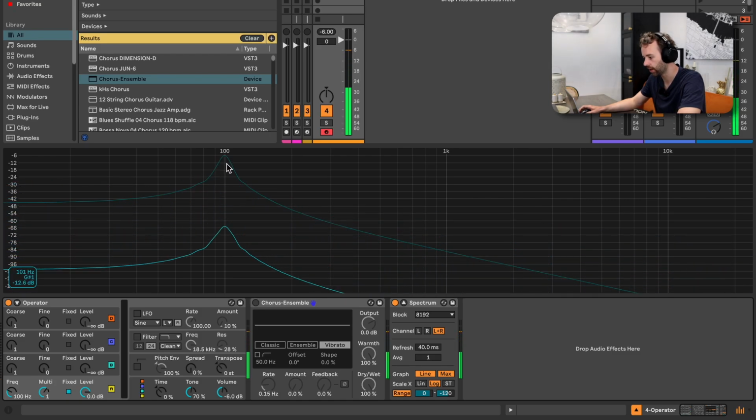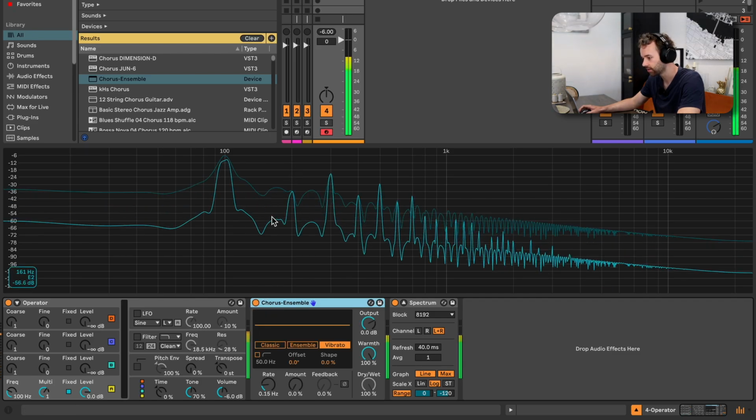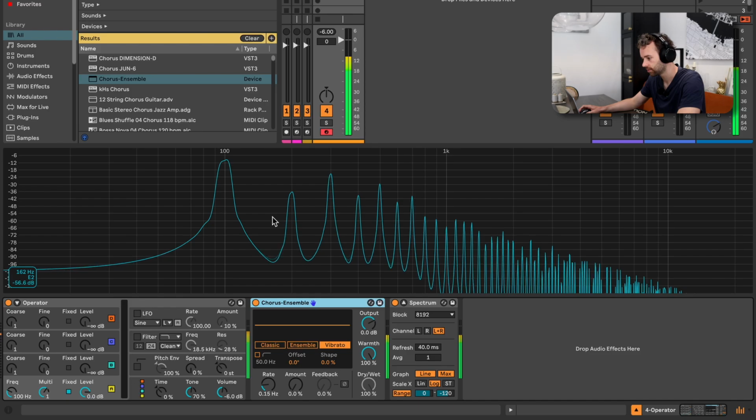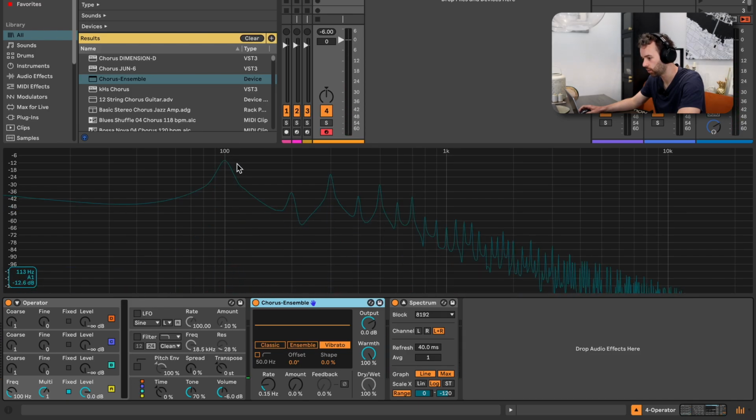Here we can see it at 100 Hertz. And then if I turn on this Chorus-Ensemble device, take a look at the frequencies that are generated. This is our fundamental frequency here at 100. And then we also have a frequency at 200, one at 300, one at 400, 500, 600, 700, 800, 900, etc., etc. So every single integer multiple or whole number multiple of that fundamental frequency, we're getting an additional